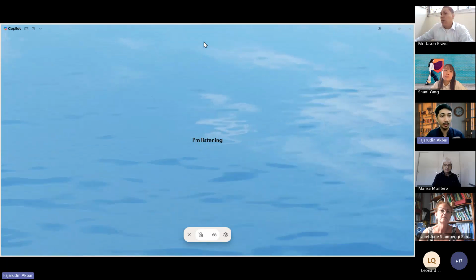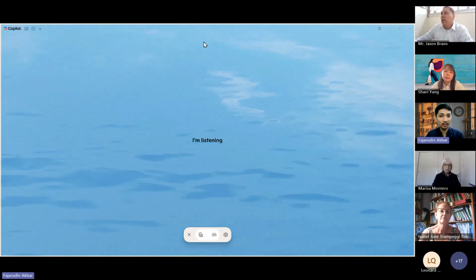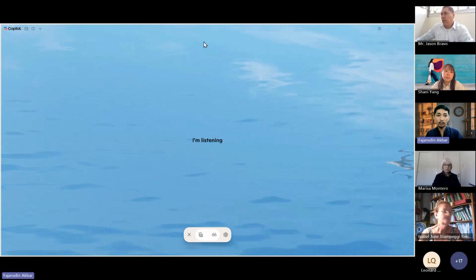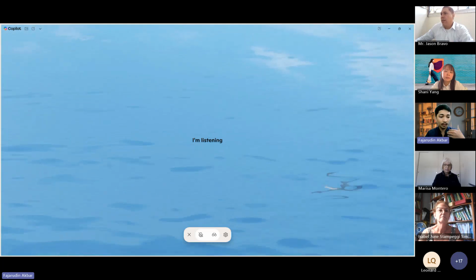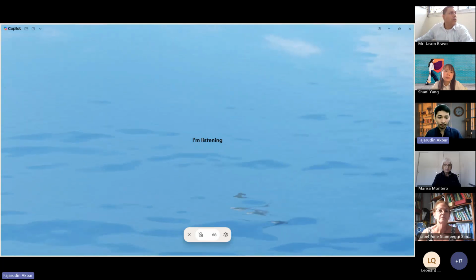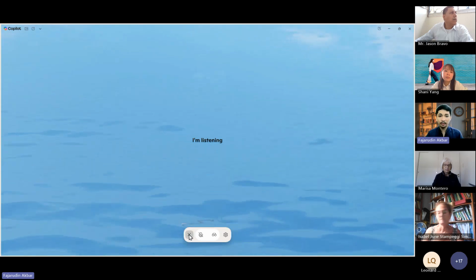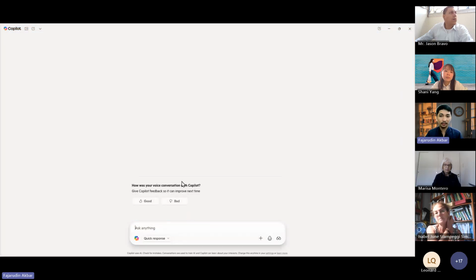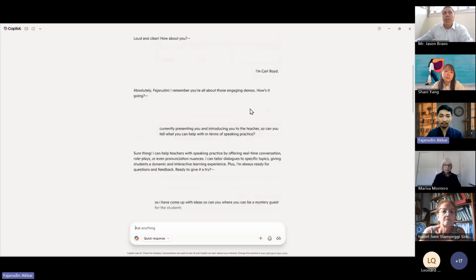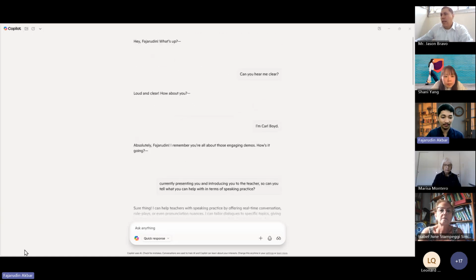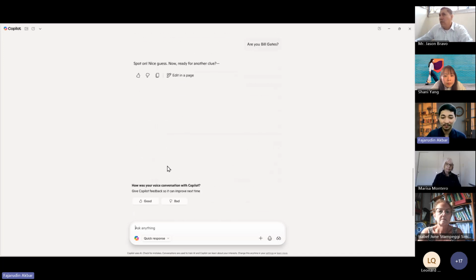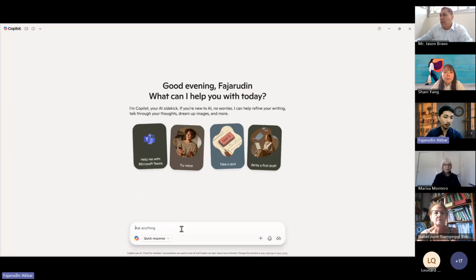But let's say it turns out that you have figured out the policy that the students can use AI, it would be even more convenient to let the students know that they can practice with Copilot. And also, what's good about it is when you're done with your conversation, you can find your transcript, so you can revisit what you have been talking about. And also with Copilot and also ChatGPT, you can basically first prompt it in the chat and then talk about it. As example,